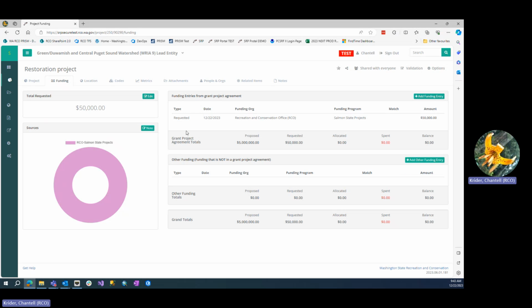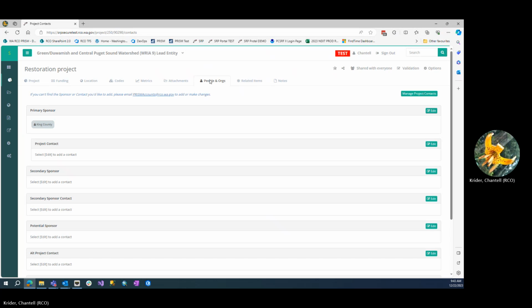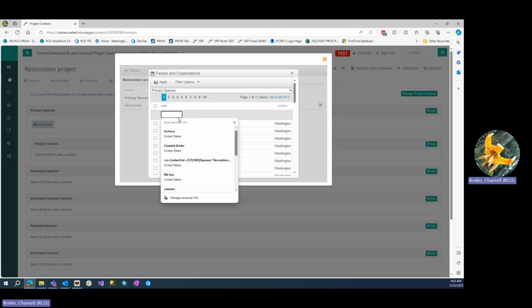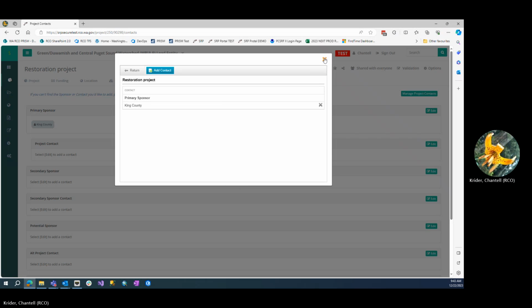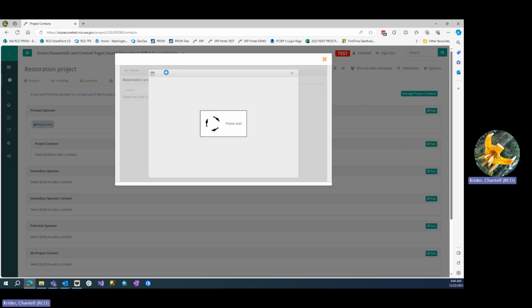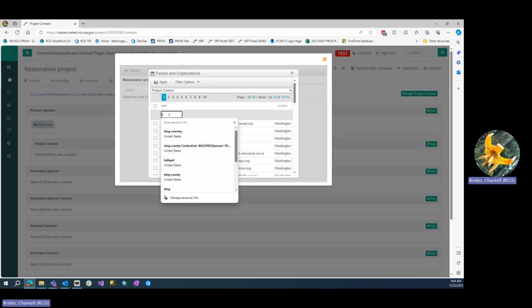Now the next bit of information we need to send to PRISM is we need the project contact and the sponsor. King County was entered earlier when I created the project, so that's already there. But if I hadn't, I could add the project contact from the add button here and select add contact and navigate to the appropriate contact. Now, if I want to select an individual that's affiliated with King County that is going to play the project contact role, I